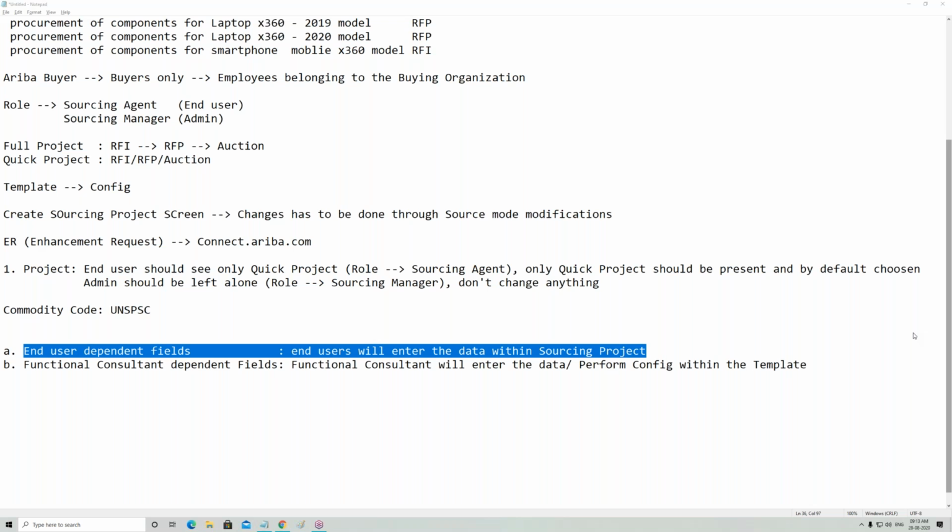Once this full sourcing project has been done, you will do the awarding. Once the awarding has been done, from there you will create a PO. This is the process which you will do. But in Ariba, this is called the one-time procurement process. Why? Because at the end of the day, when you find the source of supply and create a PO out of it, it's a one-time procurement process.